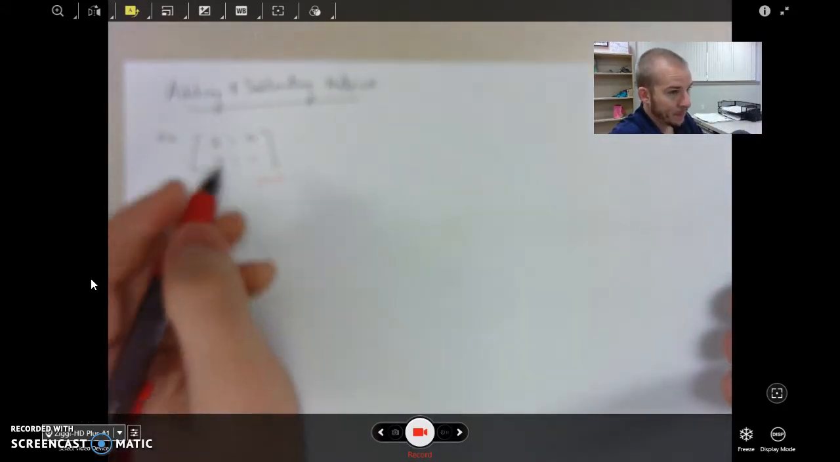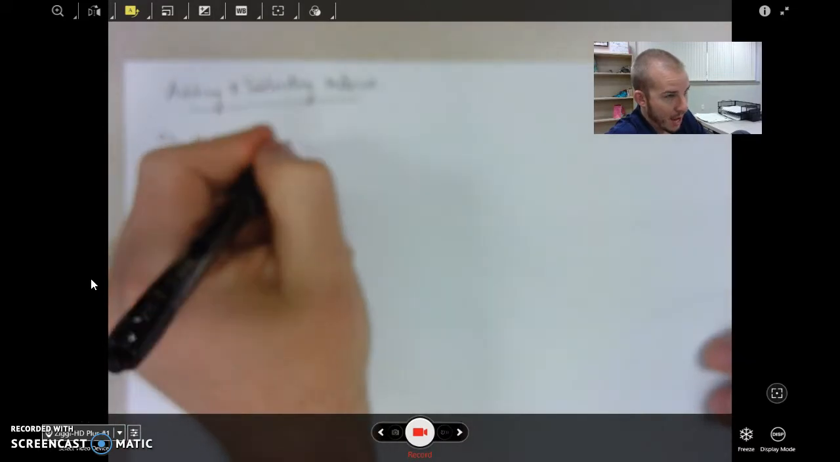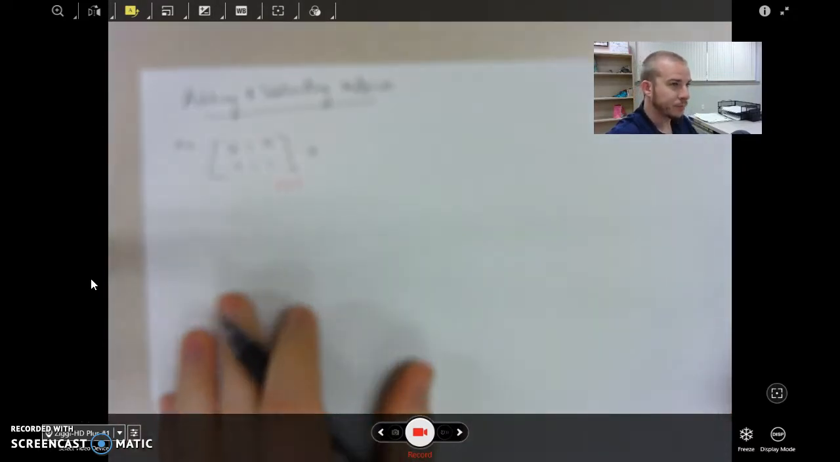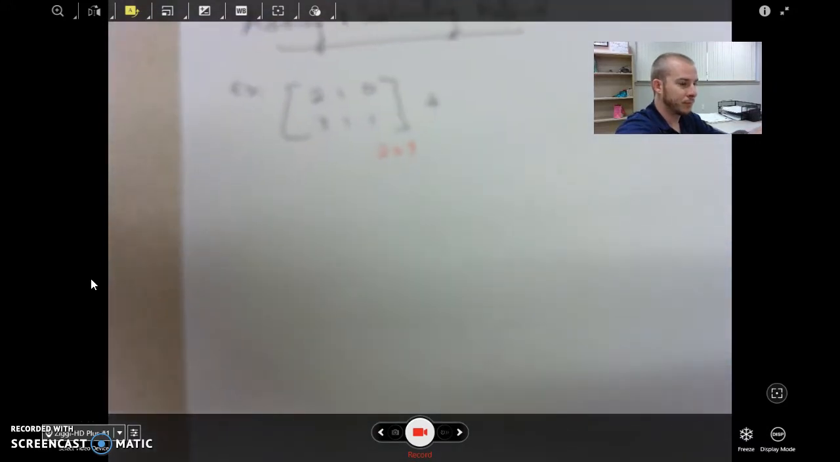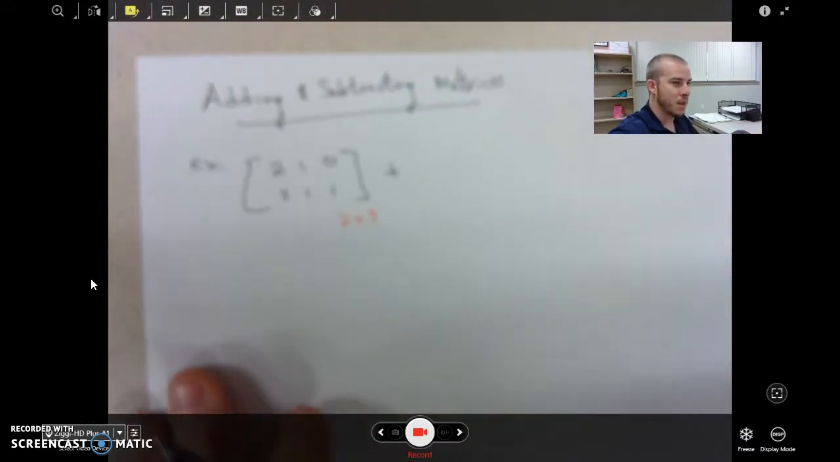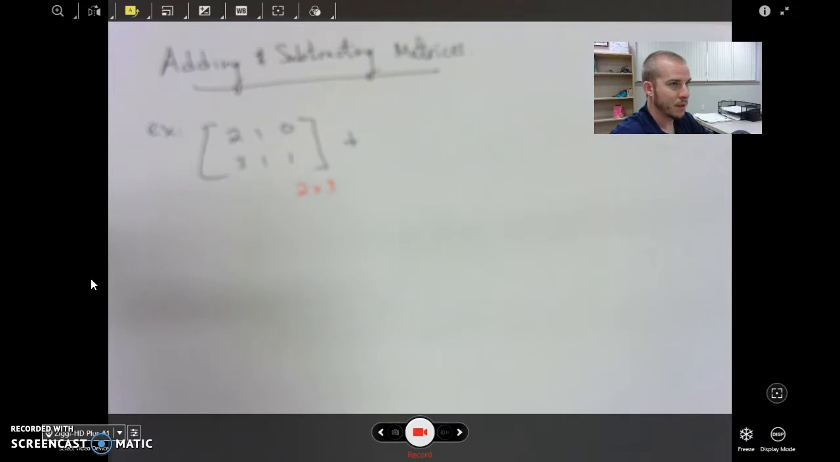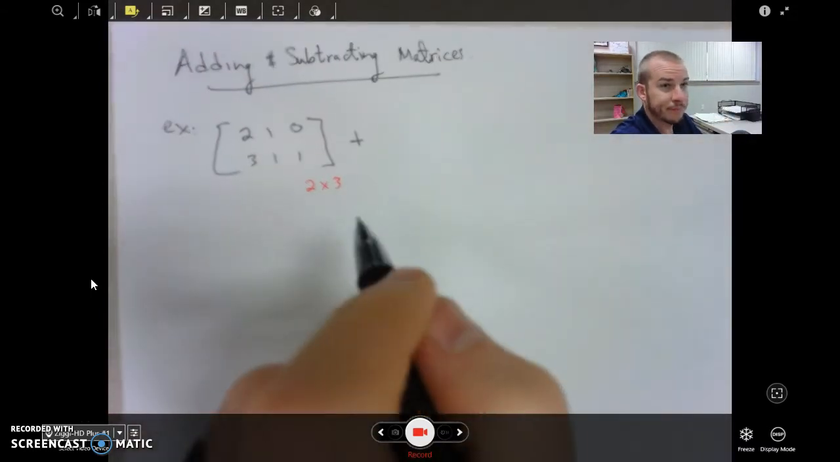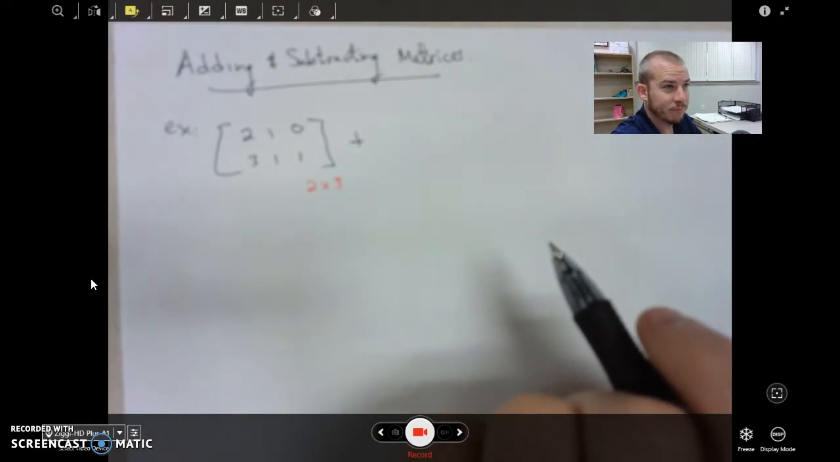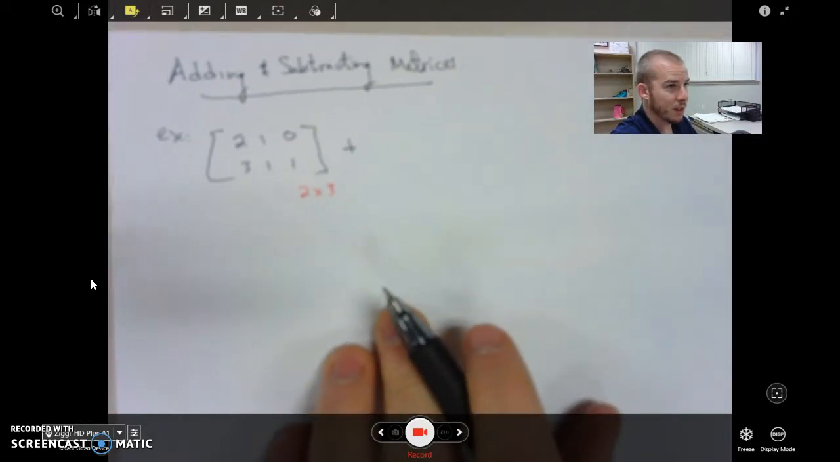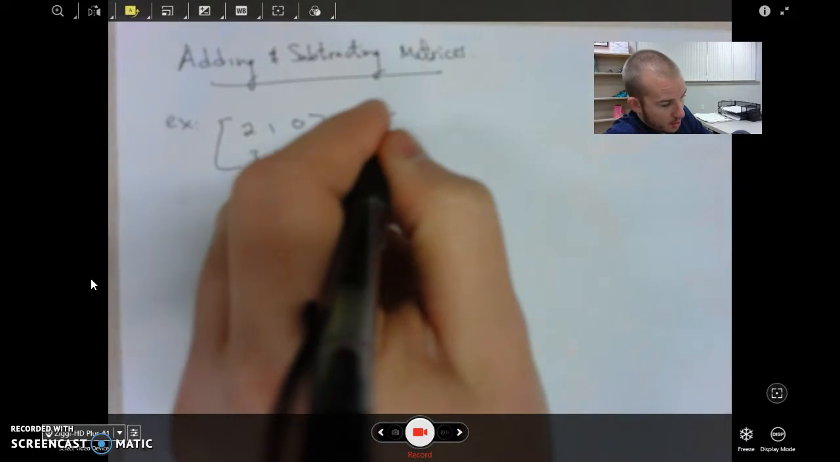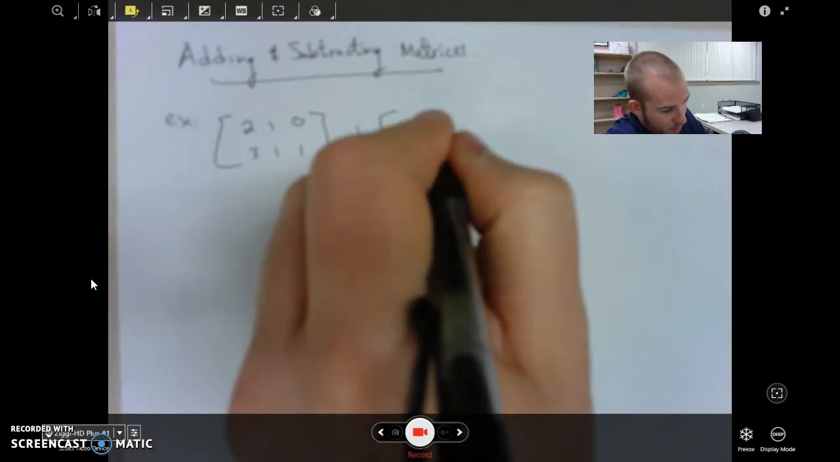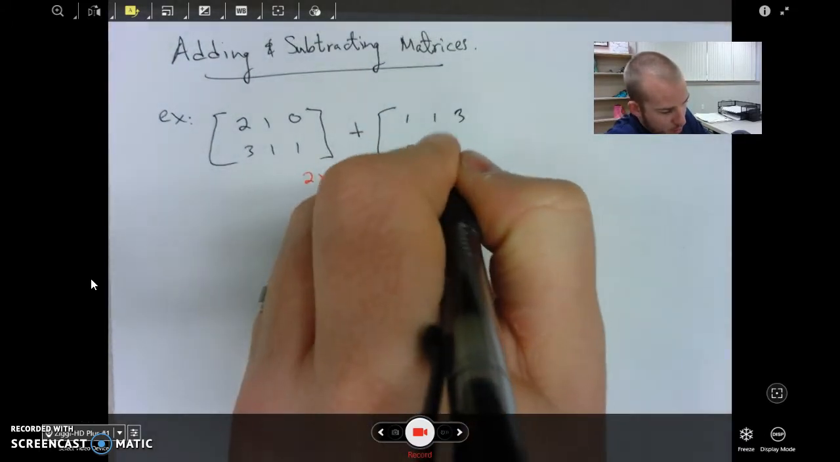All right, we're going to take this matrix and add it to another matrix. That's as focused as we're getting right now. Too bad. If we take this next matrix, 1, 1, 3, and 0, 4, 2,